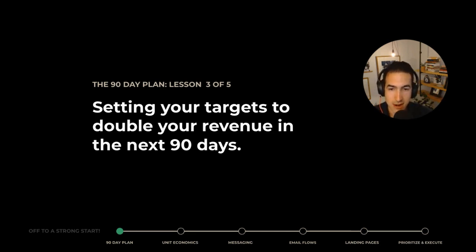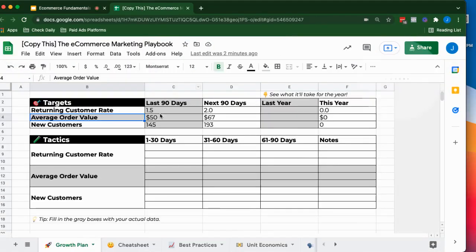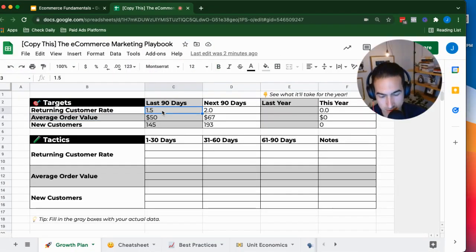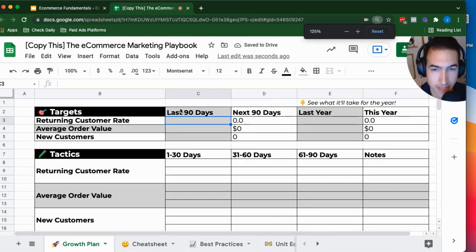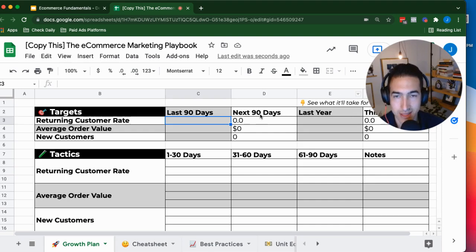So, in order to set our targets for the next 90 days, I've added a link to a spreadsheet right below this video. I'm going to hop into that spreadsheet and it's labeled Growth Plan. Now, when you see your spreadsheet, it's going to look something like this. Blank. And this we've designed to go hand in hand with 3 growth levers that you've just learned about